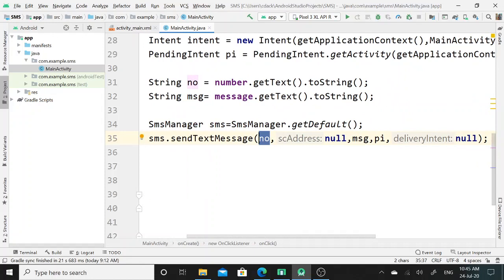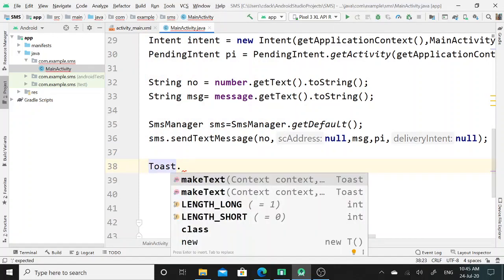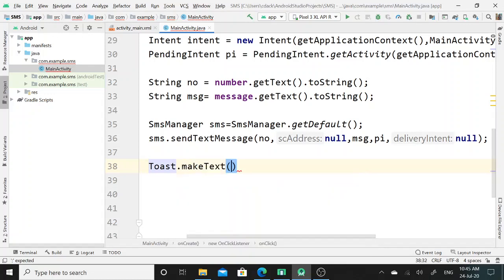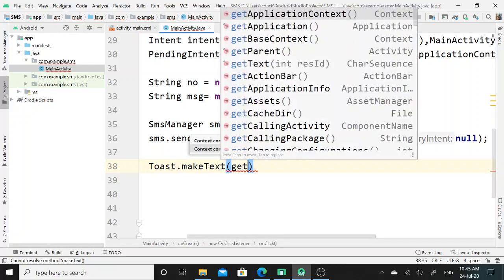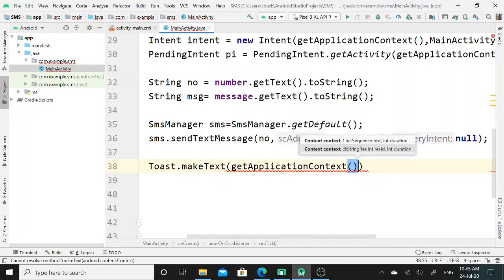Once the message gets delivered, I will display a notification that the message has been sent, and to display this notification I will take the help of the toast class. Here I will call the toast class and I will call its make text method. In the make text method I will initially send the get application context argument.